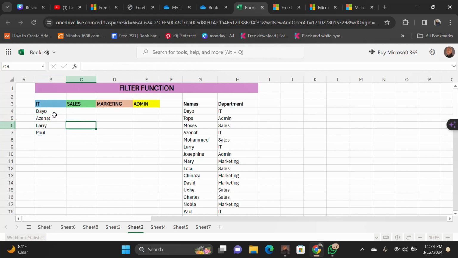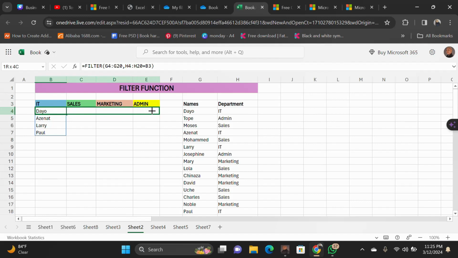So we are correct. If you try to bring this down for others now, it will not work, and I'll tell you the reason why. Now let me undo. You can see it's showing an error, so let me undo. I'm going to undo this totally. Now if you are using that formula, you have to lock the formula. If you lock the formula, it means that that formula will not change. Now let me show you how to lock the formula. You say is equal to filter,